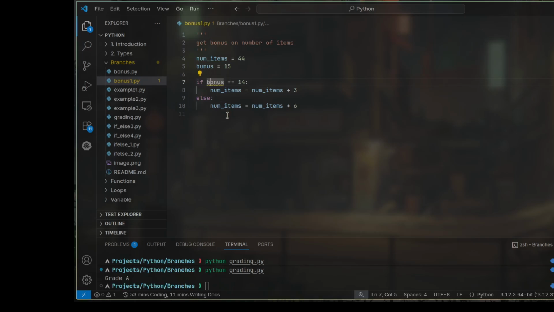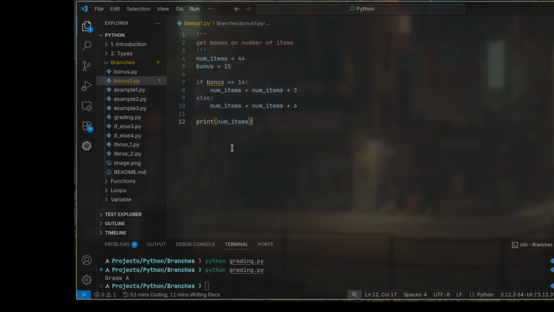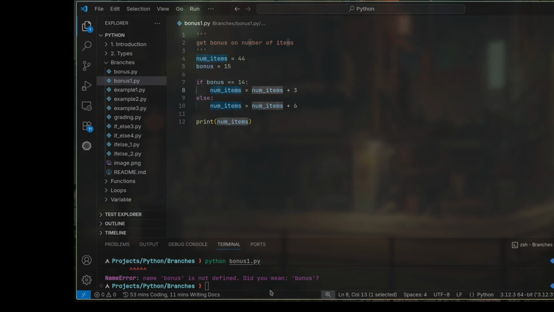Okay, fine. Then I'll want to print the number of items we have. So number of items I usually have. So basically we'll just see what the user will have. So bonus 1. Sorry, I'll have to change this, okay, that was wrong. I hope you did see where I was going wrong. I had named the variable differently from what I was told right there. So let's rerun